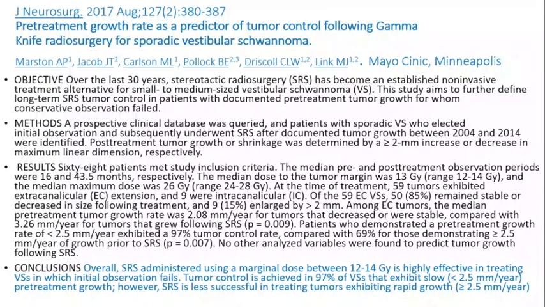Some of the factors which people have found over a period of time is that the pre-treatment growth rate can sometimes be a predictor of tumor control. This has been brought up by Pollock and others, where they have shown that in about 68 patients out of their 400 odd patients, the growth rate was quite high, about 2.5 millimeters per month. And in those patients, the control rates were lower, while the control rates were upwards of 97% in more slowly